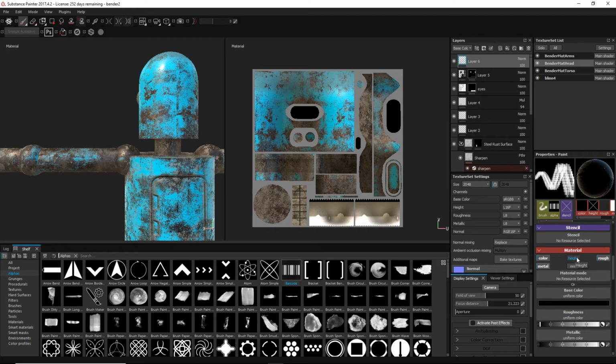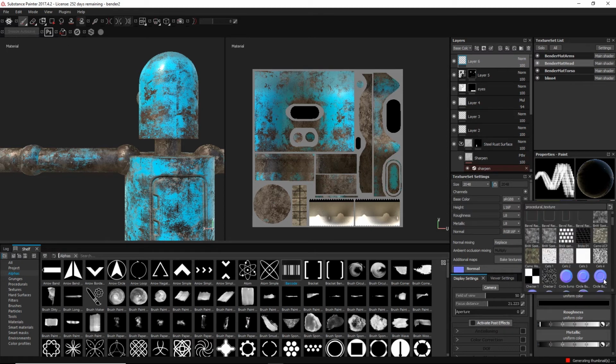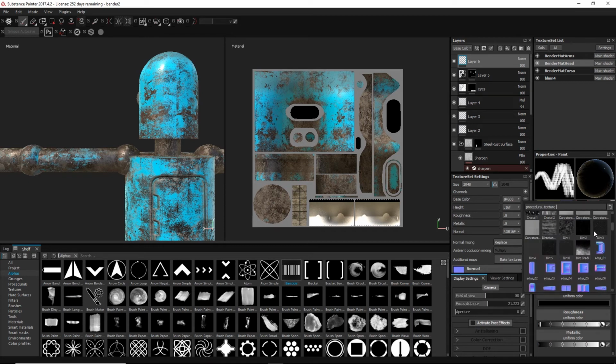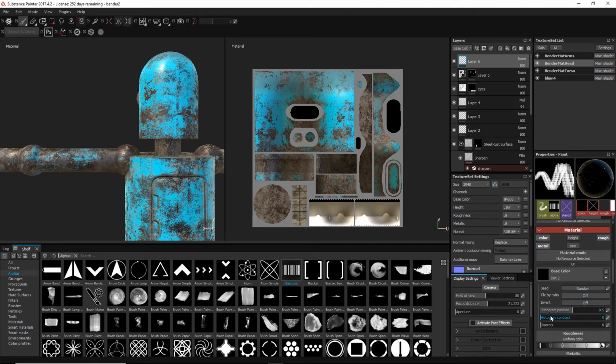If we wanted to add grunge to it, we could do that. So this base color could end up becoming from this black and white spotted or any of these grunge materials, which we could then change. So we could do this dirt, yeah,